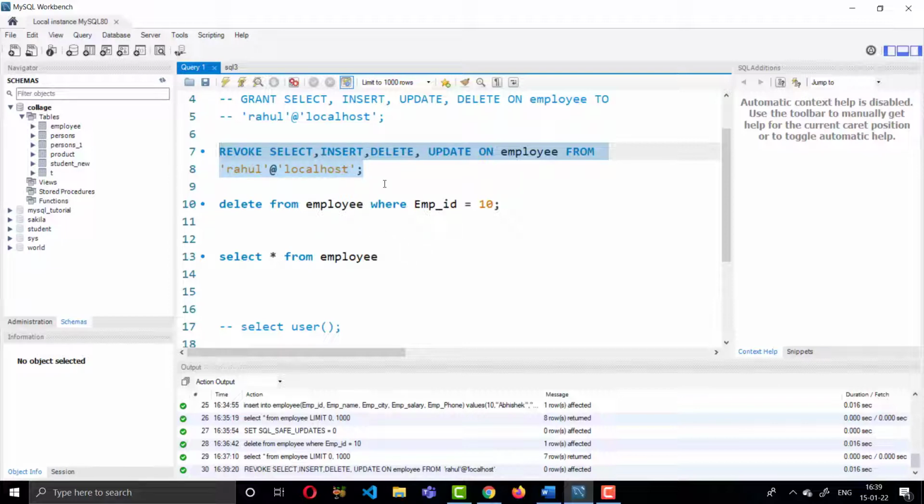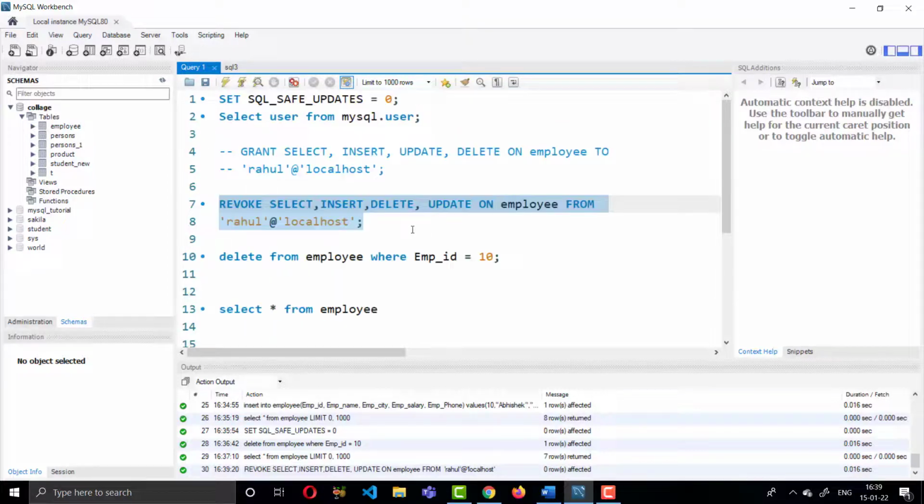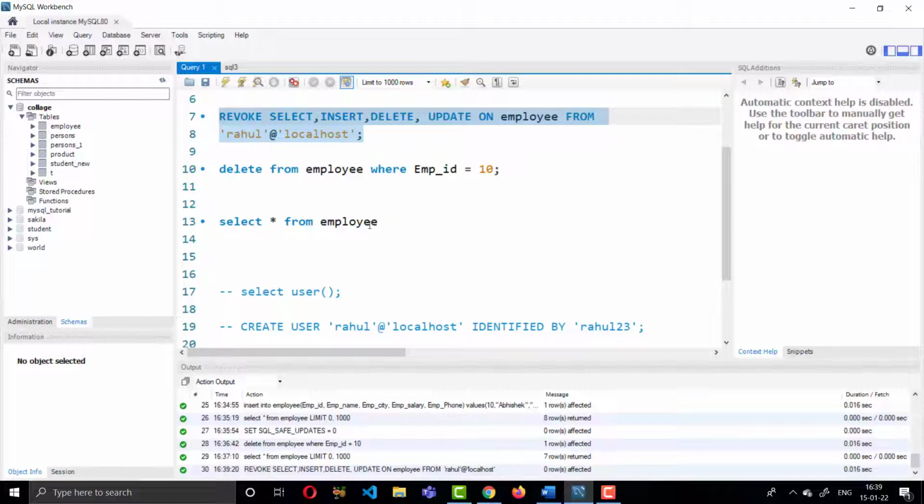It is a part of the database administrator's work. At a beginner level you should know the use of the GRANT and REVOKE commands. Suppose you have added some user, you can also remove the user.